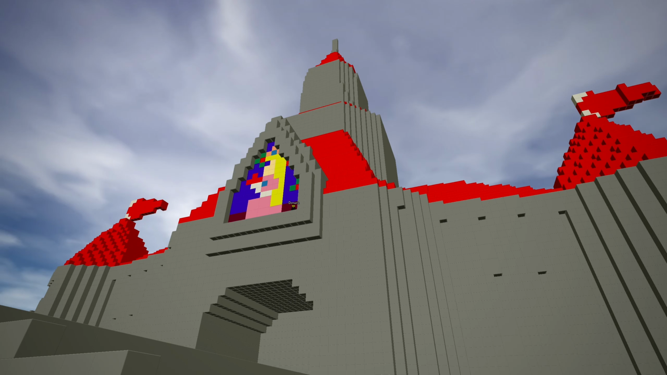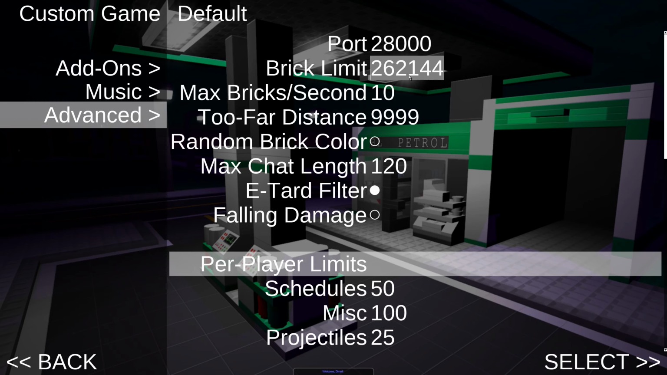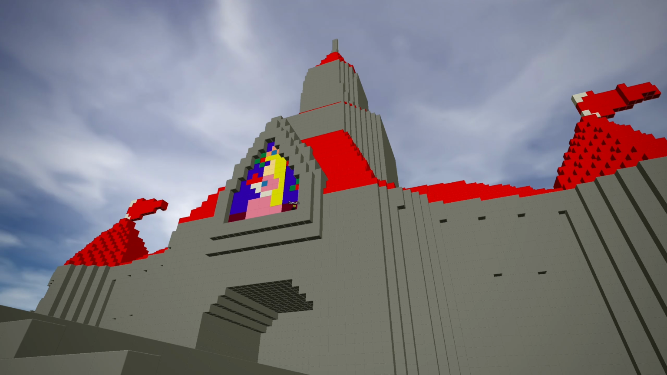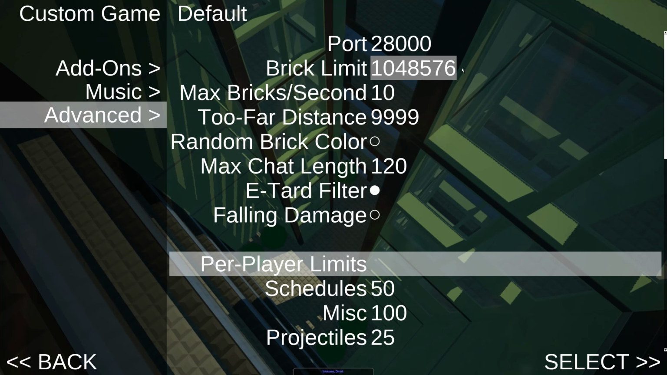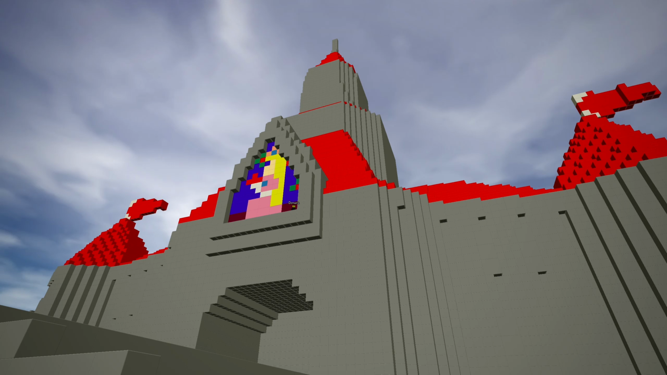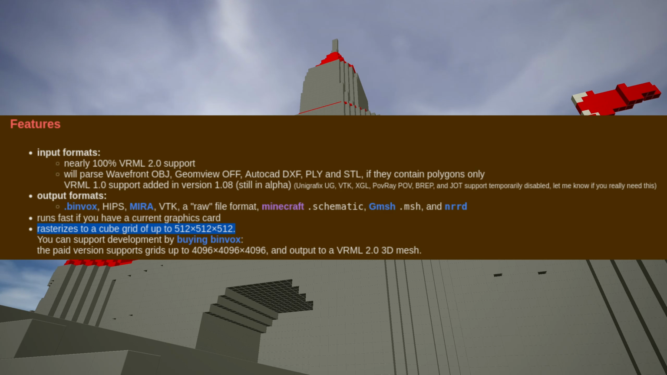At the time of recording, the default brick limit for Blockland when launching in the custom game mode is 262,144. This can be changed by the player if they wish, but that will only max out to the true limit recognized by Blockland's UI, 1,048,576 bricks. This can be a problem because the free edition of BinVox allows for transforming models up to 5 tile length, 5 tile width, and 5 tile height voxels. And if you do the math, that's a maximum of